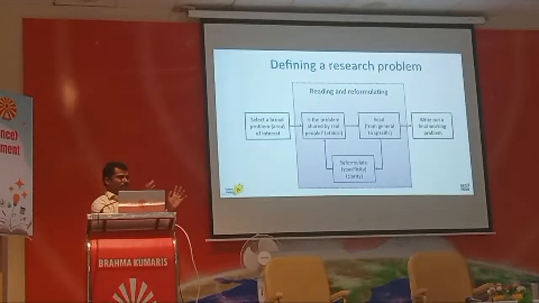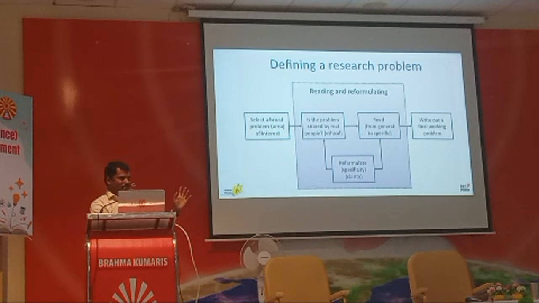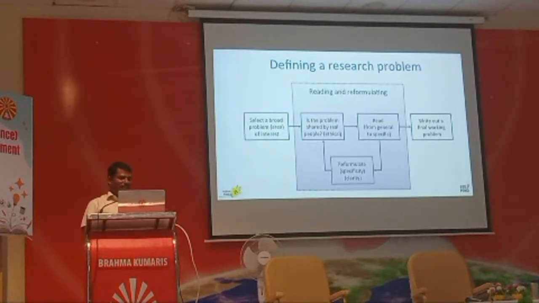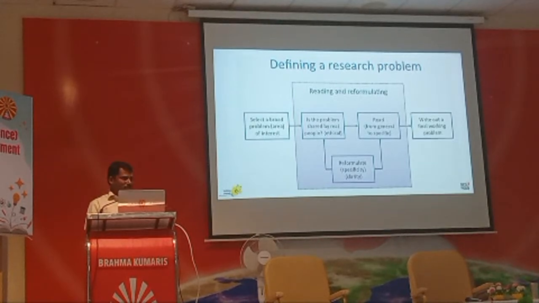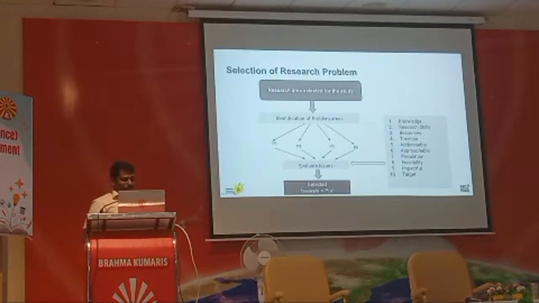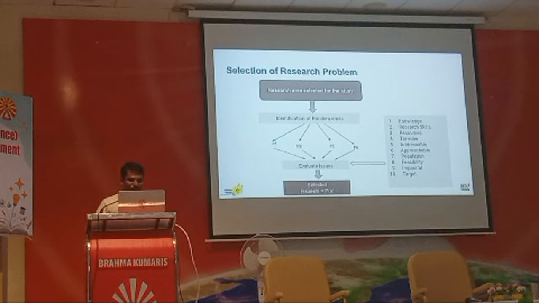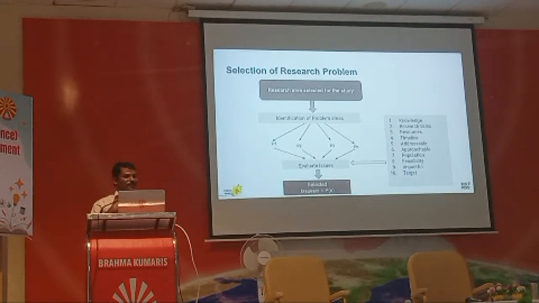About where we are going to study, what components we are going to study, whether it can be randomized, whether it can be generalized, you can check these things, and finally you can go to the problem. This is one way. And with this picture, you will get a very clear understanding of how to select a research problem. To find a research problem, we have a lot of problems in our mind.